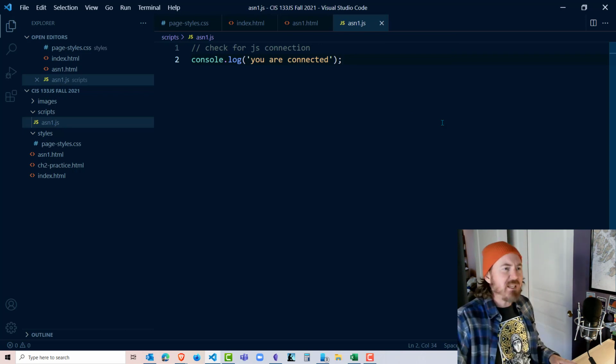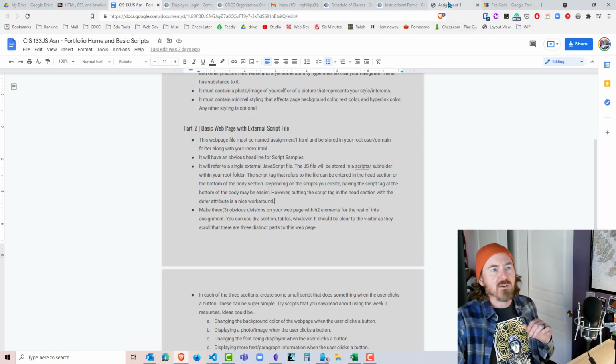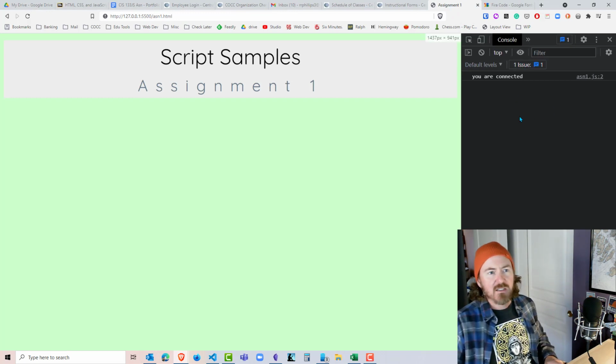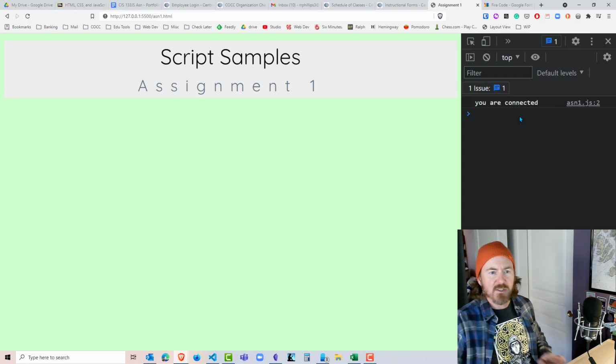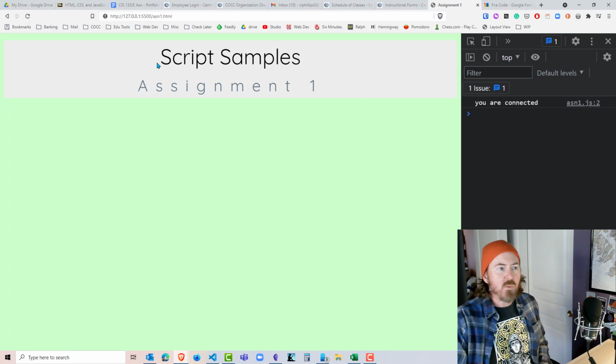So what does this really mean? Well, let's find out if things are working like I think they should. I'm going to head back over here, go to my assignment 1, and look at this in my console log. Let me zoom in on that. Zoom in just a little bit more there. Okay, so now whenever I go to my assignment 1 script samples page, I see this little message that says